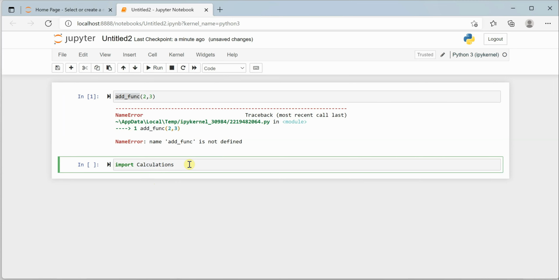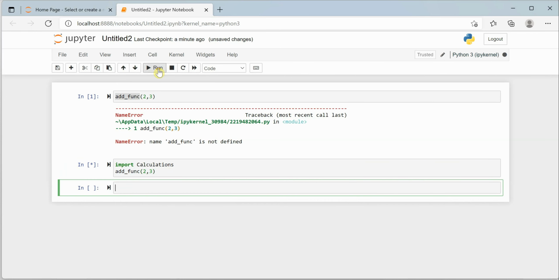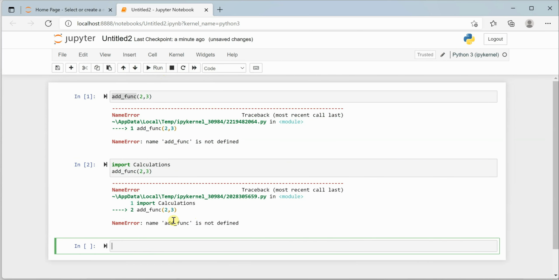You can't see it, but virtually you can assume that everything is pulled in using this line. From this line onwards, whatever you try to reference or call, it will make that call work for you. So if I give add func 2, 3, this time also it's not going to work. See, again it is saying add is not defined.